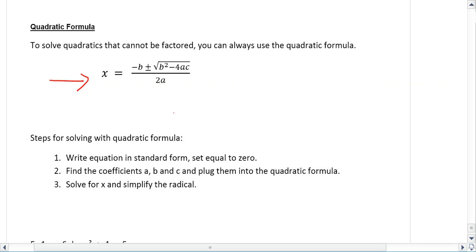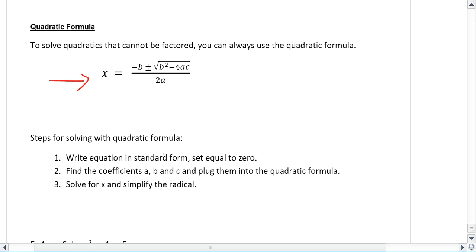Might be a good idea to get to know that, be familiar with that. It is up on the wall in my room, but some people prefer to memorize it. So the steps that we follow. First, if the equation is not equal to 0, you want to put it in standard form and set it equal to 0, so that makes it easy for us to find the values of a, b,